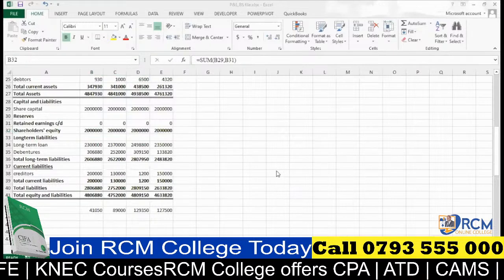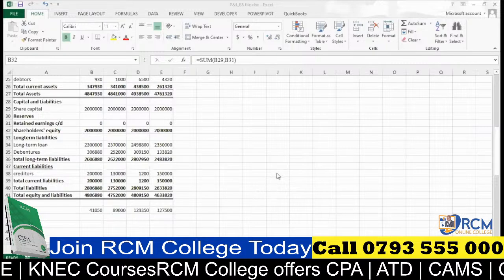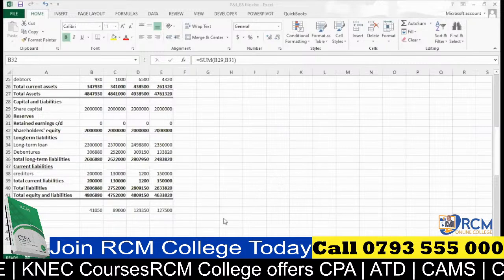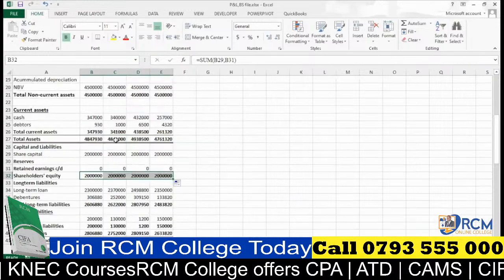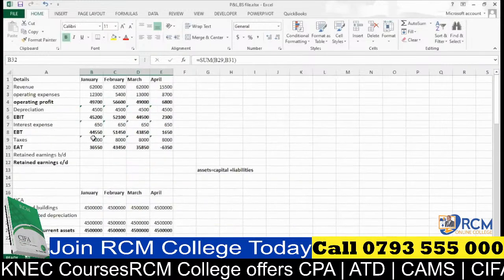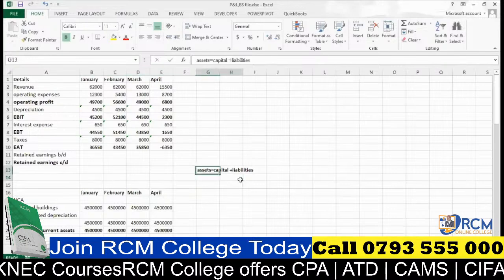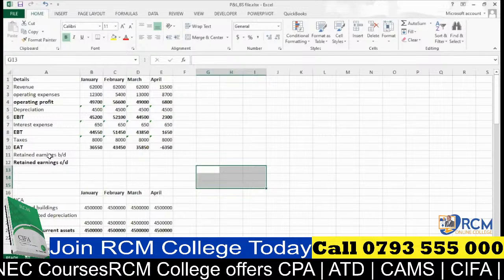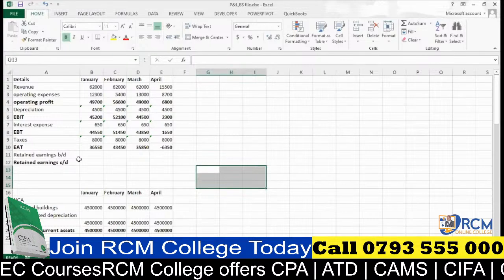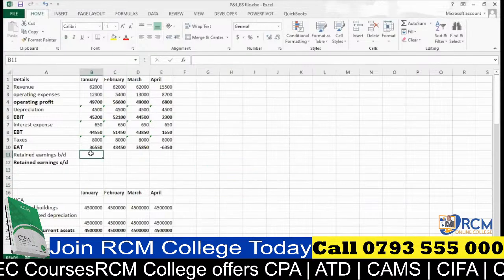For that, let's work on those two items we left out intentionally. Let's now see how we can get these two items, the retained earnings brought down and carried down. So retained earnings brought down,